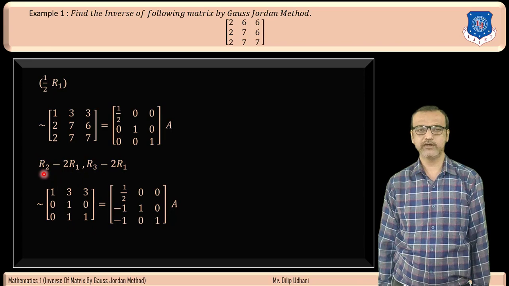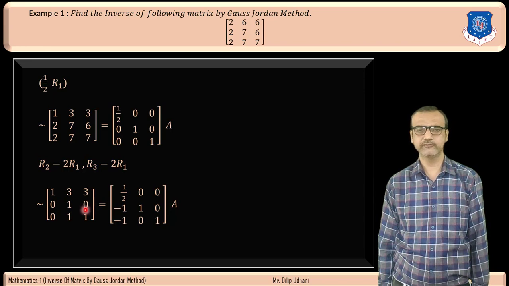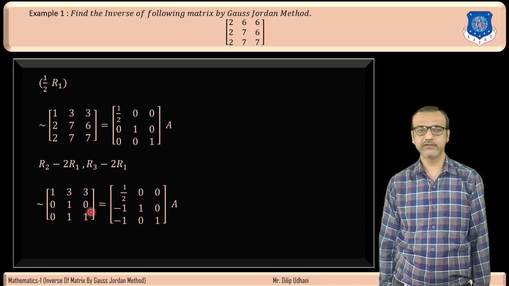So 2 minus 1 into 2, so that is 2 minus 2 and it is 0. Then after 7 minus 3 into 2, so it is 7 minus 6 and that is 1. Then after 6 minus 3 into 2, that is 6 minus 6 and that is 0. And then after 0 minus 2 into 1 by 2, so it is 0 minus 1, so the result is